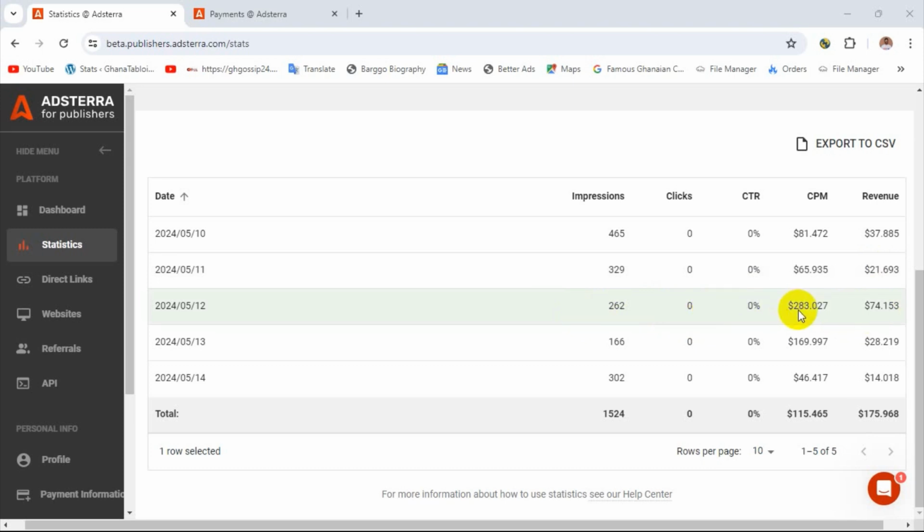The CPM is $283, and here too I had 166 impressions with $169 CPM and $28 revenue. Low traffic, high CPM, then tangible revenue.